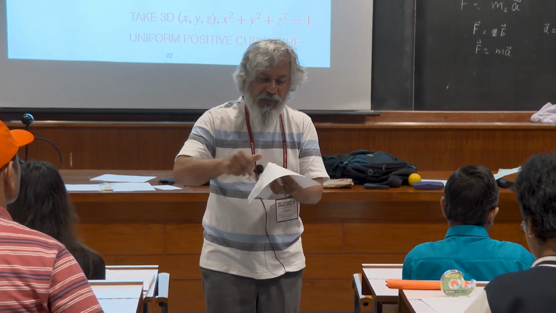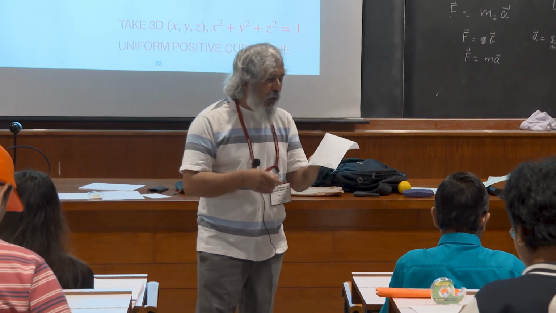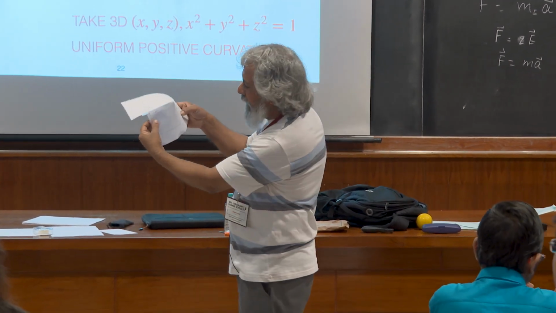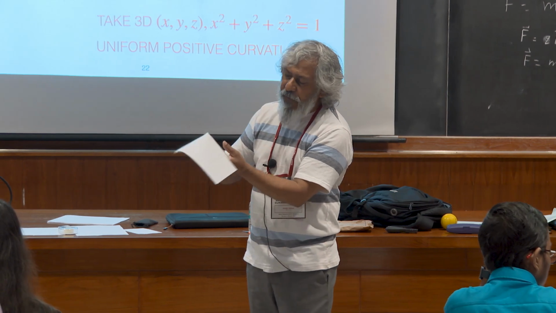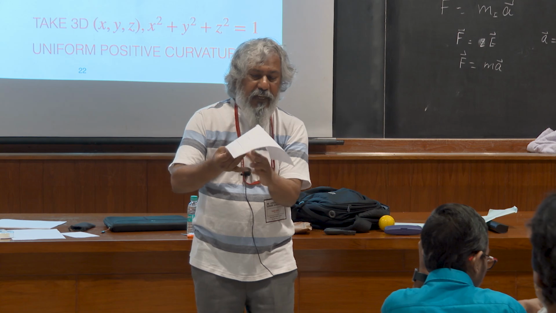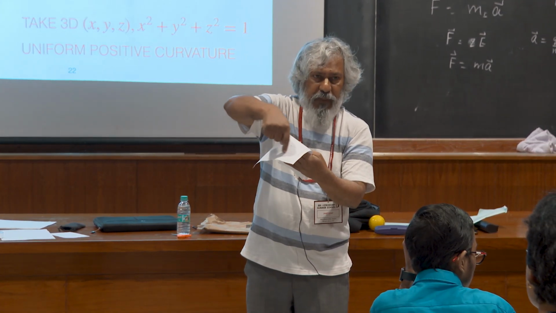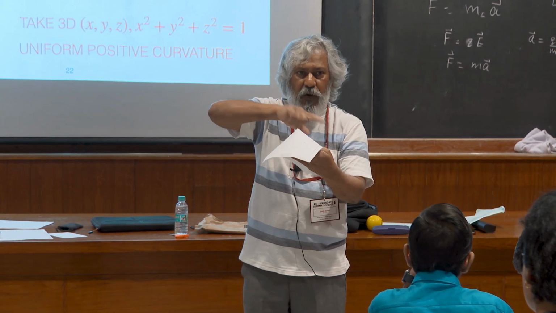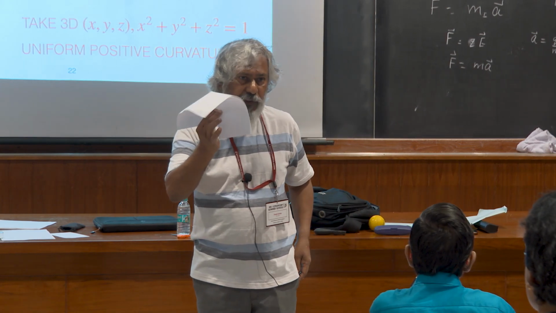The sum of the angles of a triangle doesn't have to be 180 degrees. And then if you look at the arrows on it, in every small part, if you stretch it out like this, you'll notice that these two are parallel to each other, and these two are parallel to each other. But when you come across the juncture, you find that it's rotated by 90 degrees. And not only that, if you go anti-clockwise around this point, I'll find that the vector is rotated anti-clockwise. So this one is said to be positively curved in the Gaussian sense.